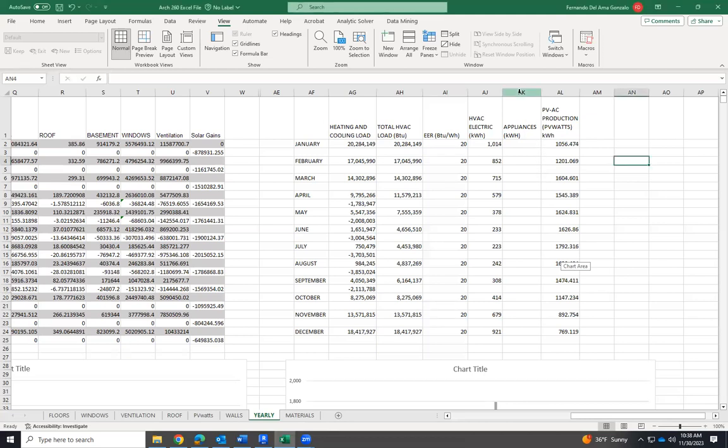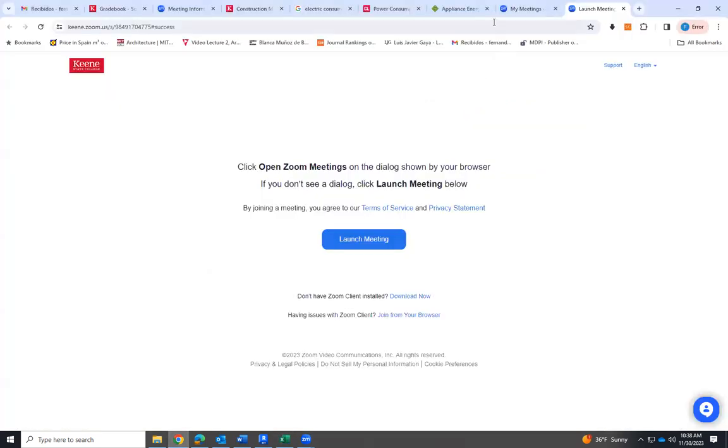Now we have to fill this column, the column of the appliances, because we have the HVAC electric loads and we have the PV production, but we have to add up the consumption of different machines or appliances that we have in the building. We have to add this to the electric heating loads. And how can we do that? Well, we can Google